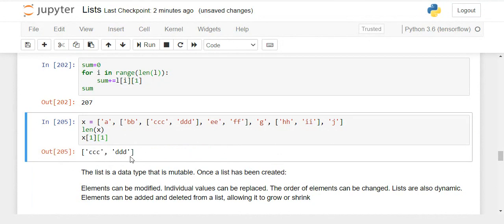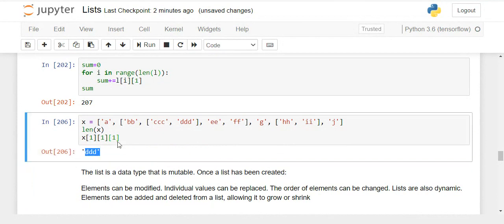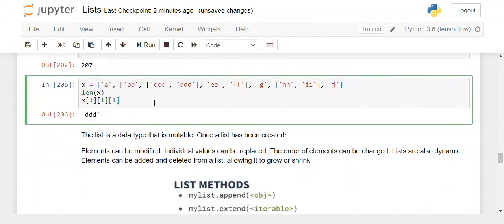Finally, I have retrieved till here. I have got a list in which 2 objects are present. Now I have to retrieve DDD. So this is the 0th index, this is the first index. So when I write 1, 1, I'll get finally DDD from this entire list. So it's not tough. You just need to understand how you need to iterate. All right. You can just watch it again if you're unable to understand this part.